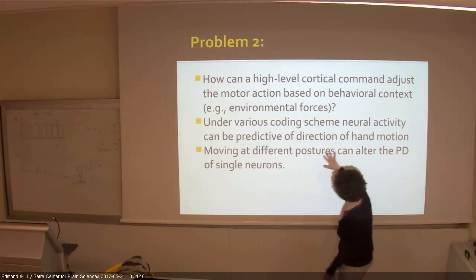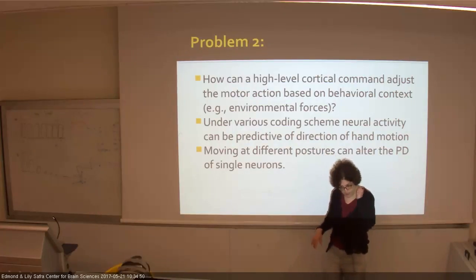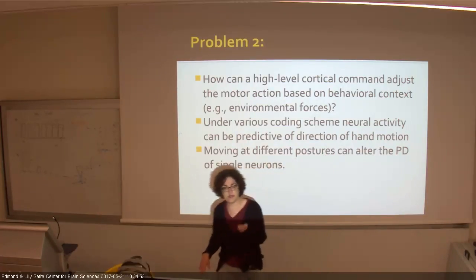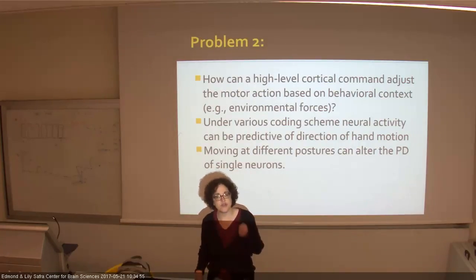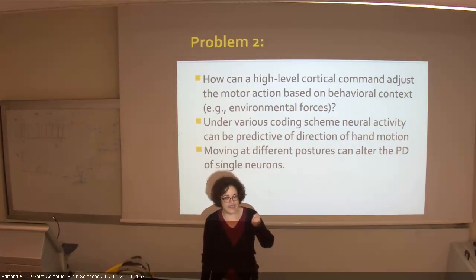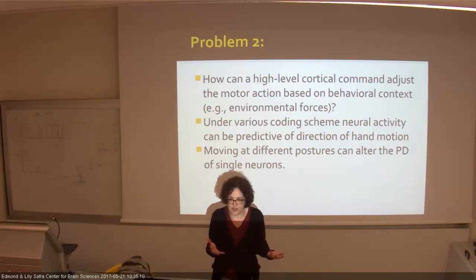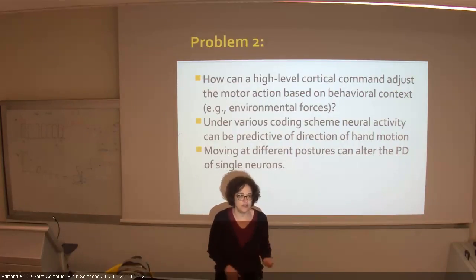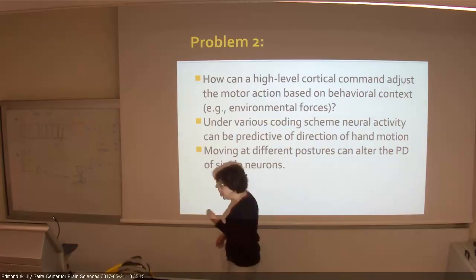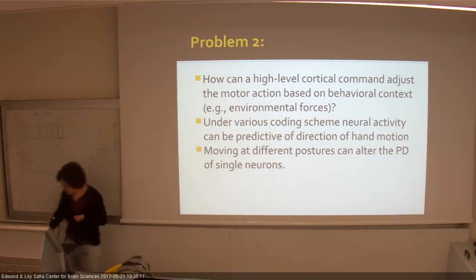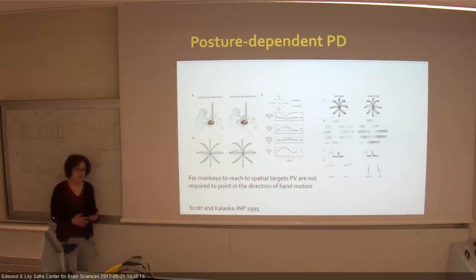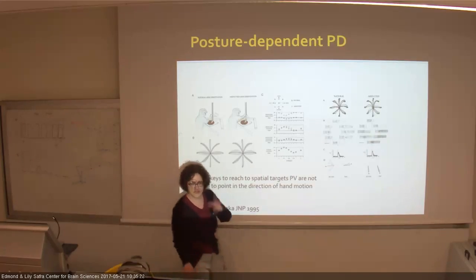But one of the major problems is the fact that the underlying assumption of Georgopoulos is that the preferred direction of a cell is a stationary property. This is a non-changing property of the cell. Because if the cell keeps changing its preferred direction, how can you compute anything? I mean, you cannot rely on the preferred direction of the cell. And we know that cells can change their preferred direction as a function of many different things,